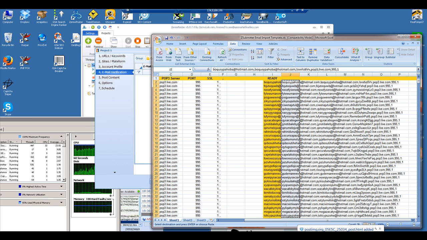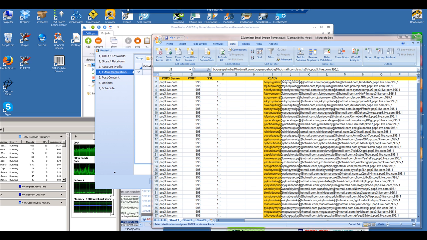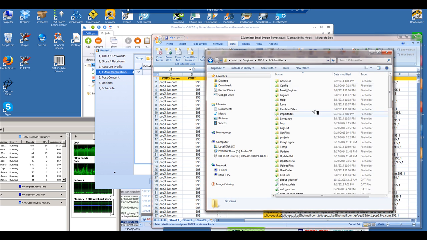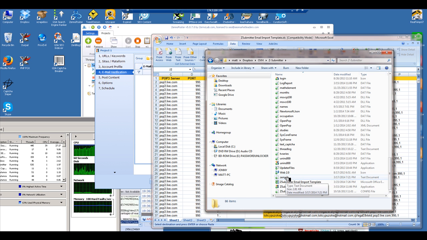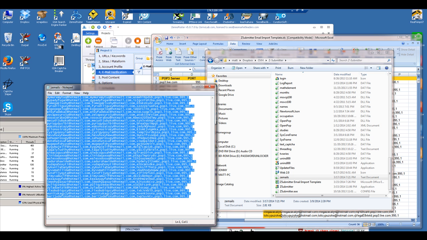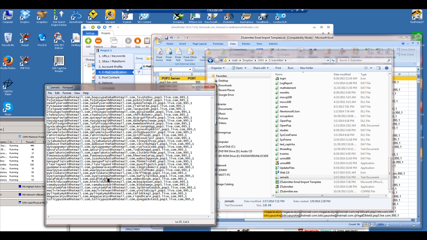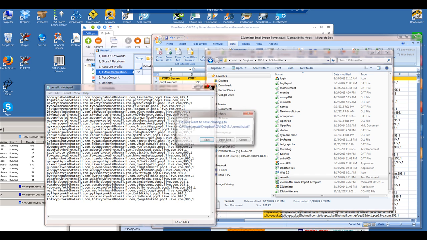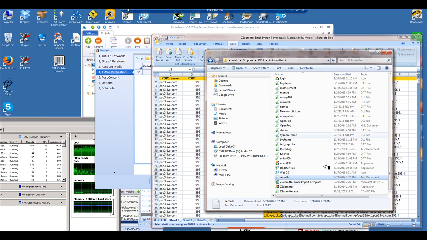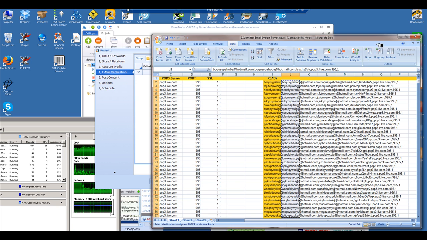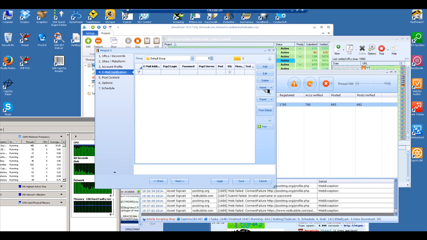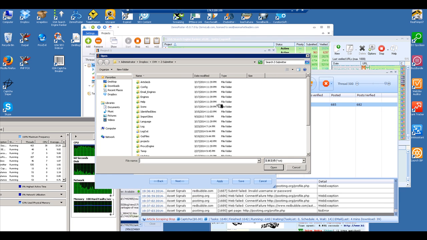and I'm going to open up my ZSubmitter folder, using another menu here on my other screen. Alright, I'm going to bring this over here. I actually made an email file, a text file called Z emails, and this has previous ones that I had in here. So I'm going to paste my new list in here, and I'm going to save it. Alright, so Z emails is saved, and if we go back to our screen, we can go import,